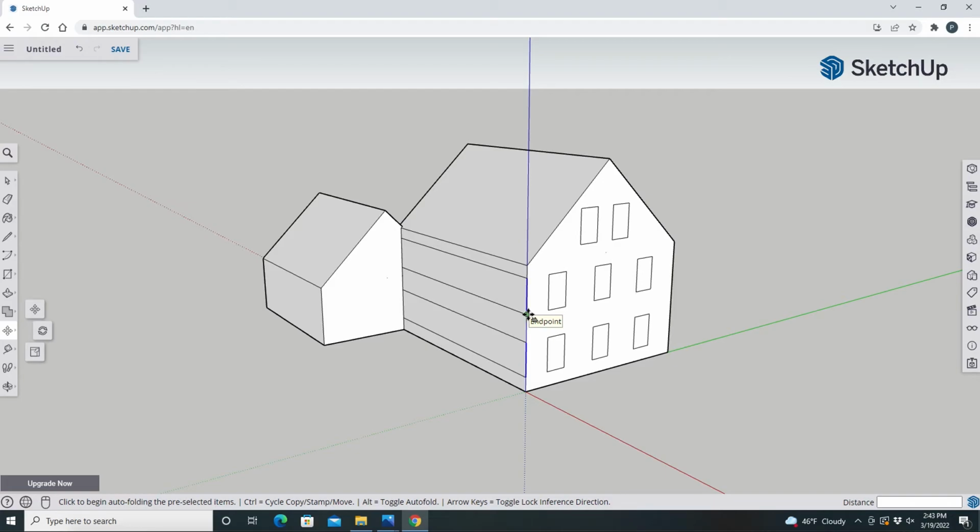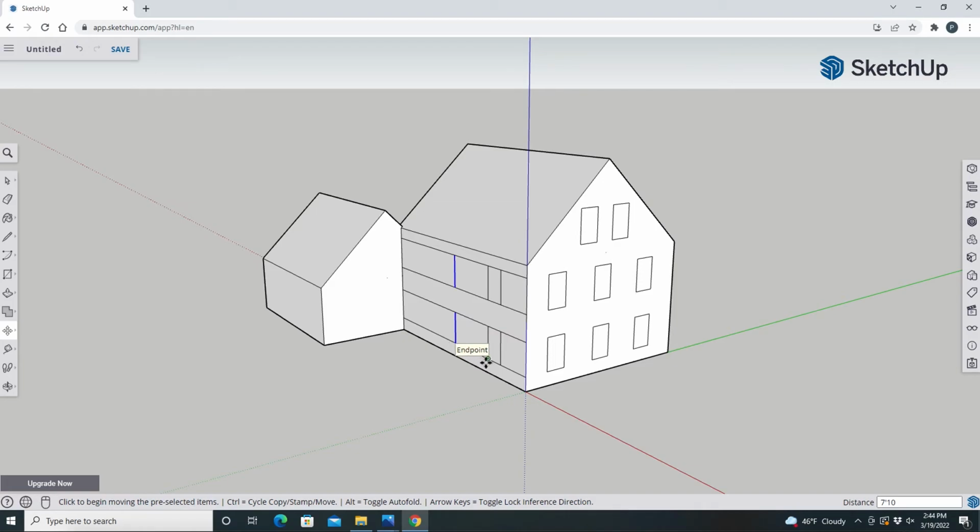Excuse me, I pressed the wrong button. Make sure you have that little plus sign there. 5'3". The window's 2'9". All right, now I've got windows down below that are 7'10" away. Oops. I didn't make sure I had my plus sign. And